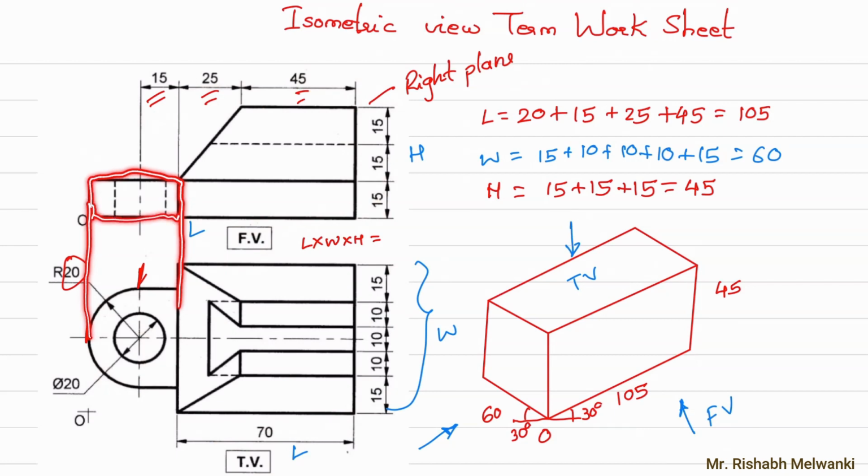Okay, now this rectangle in the top view will look like this, and at the center there is a hole. In the front view you can see the hidden lines throughout, meaning the hole is throughout in the front view. Now how are you going to draw this and where are you going to draw this, how to understand this? See, first of all, you will be able to see this type of rectangle where in